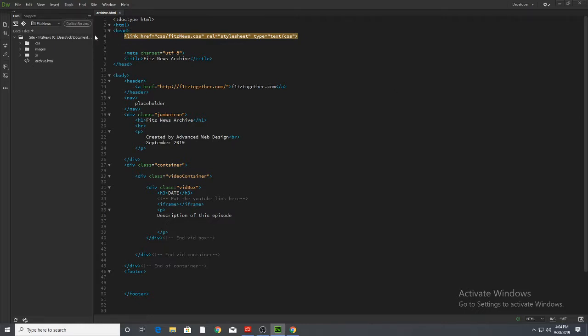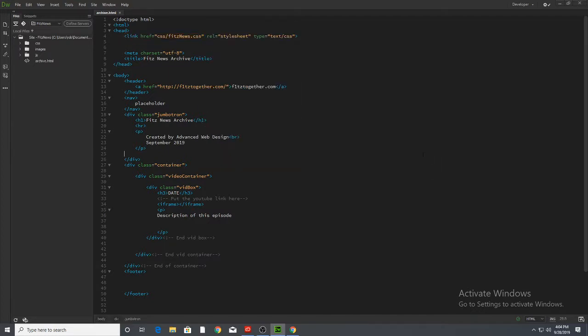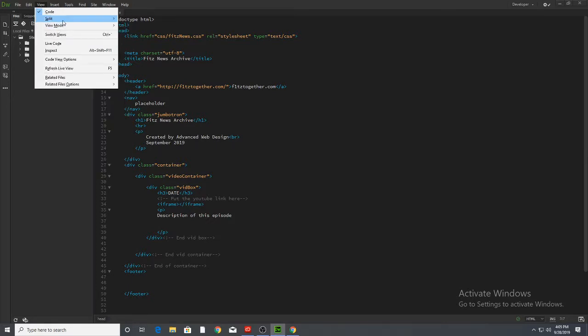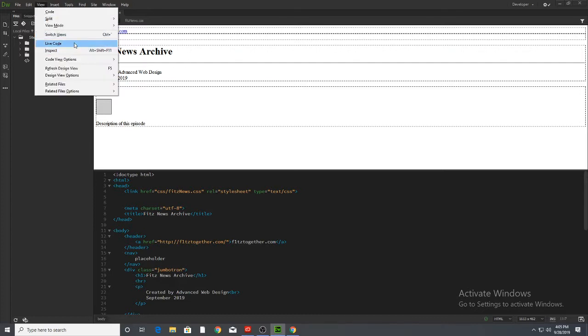When we refresh our page, I think it is F5. I forgot though. Let's go ahead. We can probably right click and maybe refreshes it in there. I don't know. Anyways, let's go ahead and do our splits. Code and design here. And in this one, in the view here, we want to